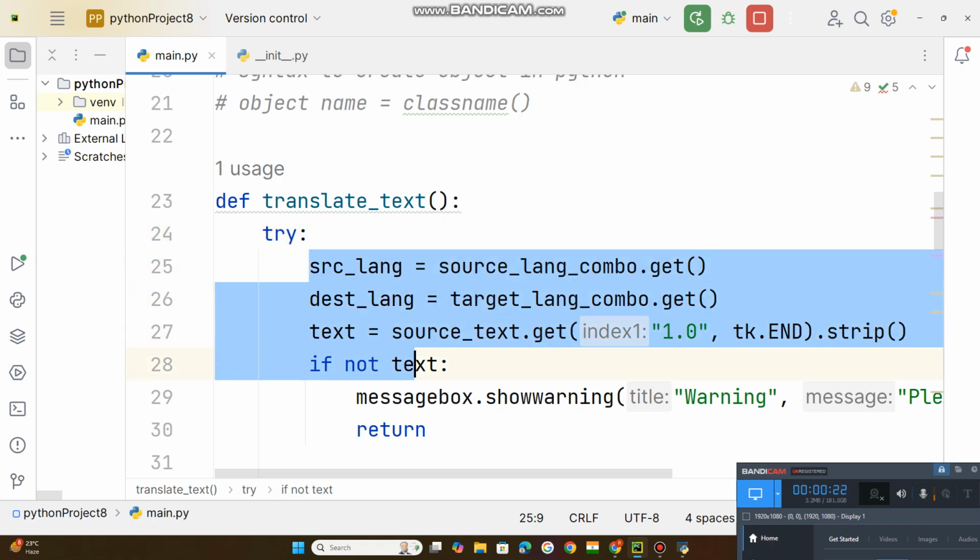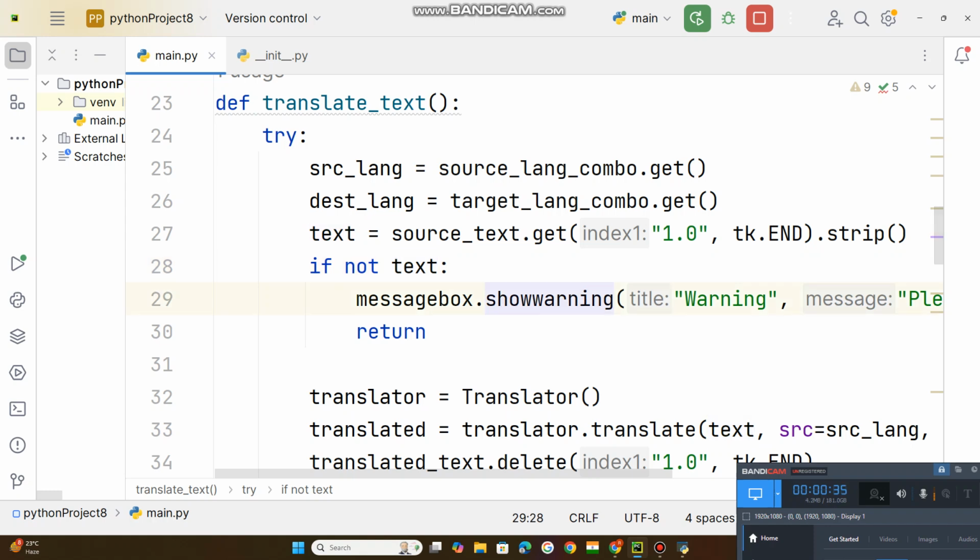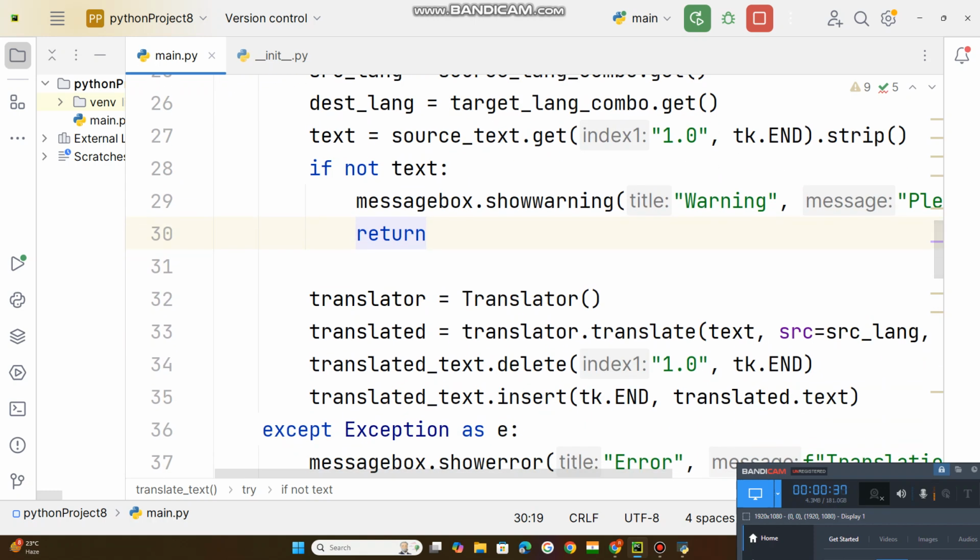Okay, under this, we have a try block. Under this try block, whatever code you feel might raise an error is to be kept inside the try block. Okay, if there is no text in the input box, a message box must pop up. Okay, under this function, translator object, this is the object created for